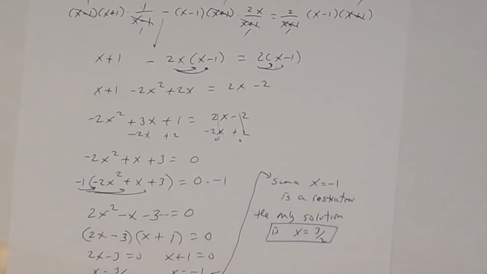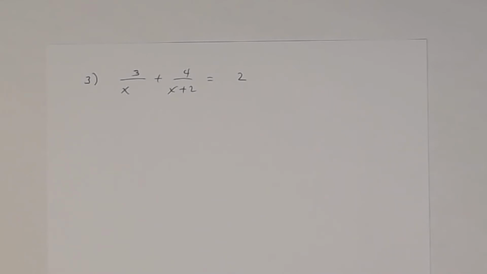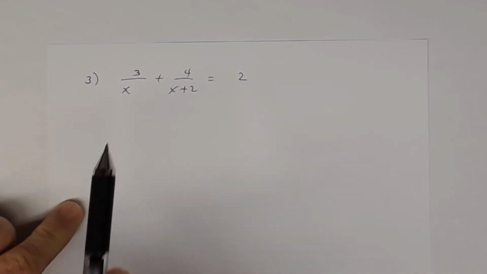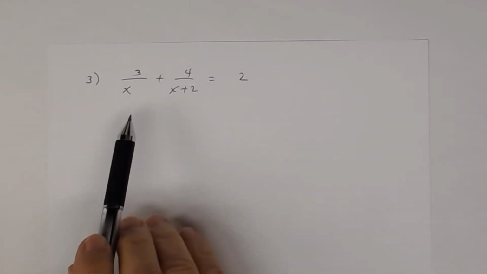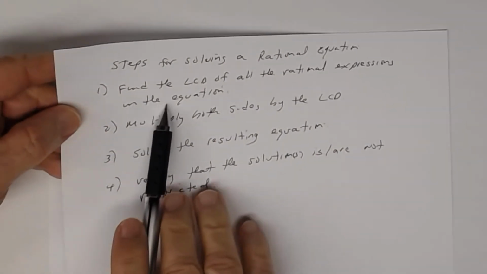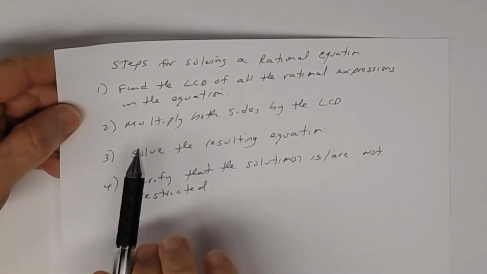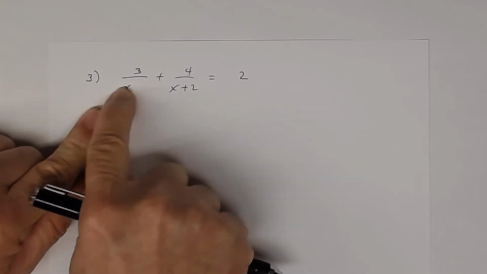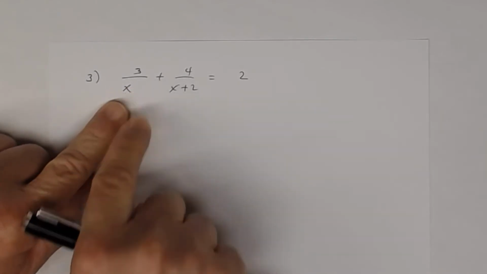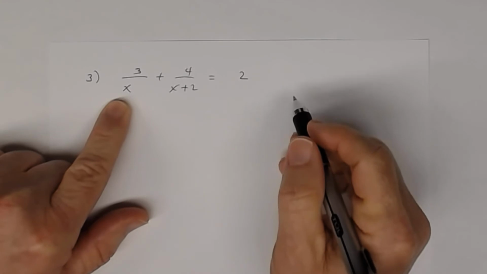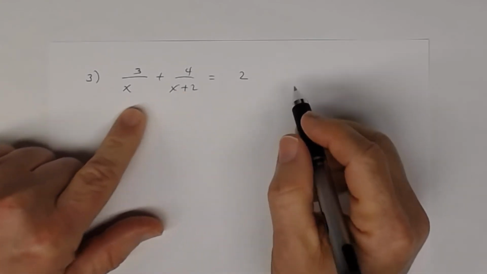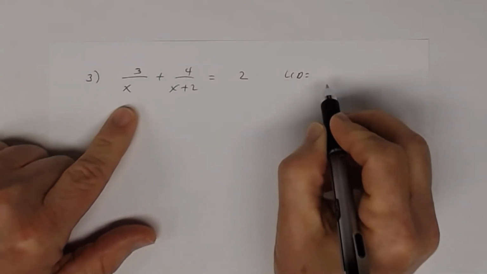Okay, so that was number 2. Let's look at number 3. So number 3, we have this rational equation, and again, the first thing you have to do is find the least common denominator of all the rational expressions in the equation. This denominator is a monomial. In terms of factoring, there's not anything you can do here. Same thing for x plus 2. So my least common denominator